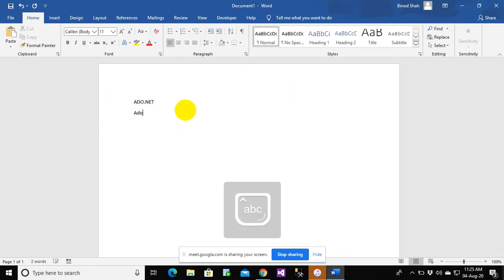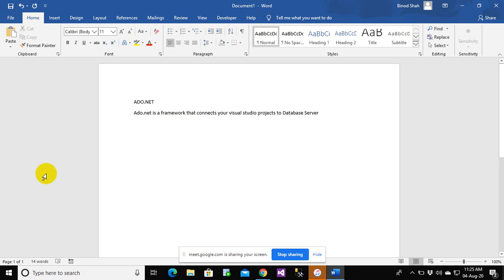You can just tell ADO.NET is a framework that connects your front end, your Visual Studio projects, to a SQL Server database, or let's say database. Okay. So ADO.NET is a framework that connects a Visual Studio project to the database service.